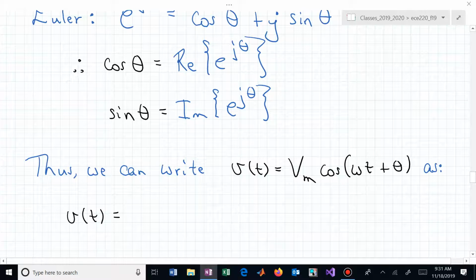Now we can rewrite these time domain waveforms, v sub m cosine omega t plus theta, as this real part of v sub m cosine